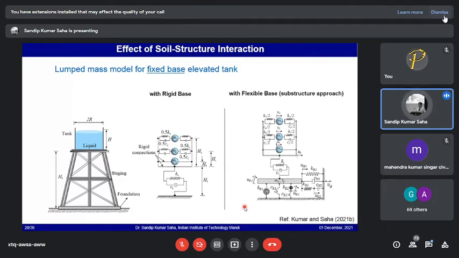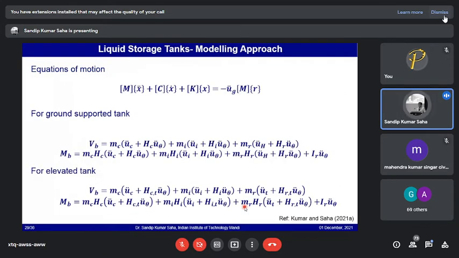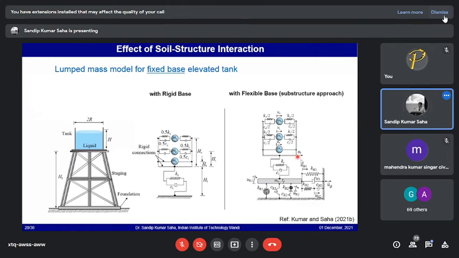So the equations of motion for these tanks can be developed in this fashion. For reference, you can follow the paper where you can find the references to these equations of motion. You can look at here. Now as there are rotational springs, what will happen? The additional